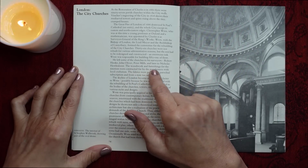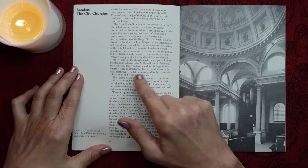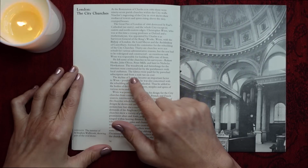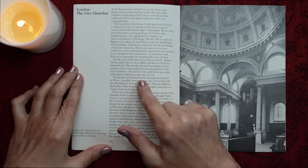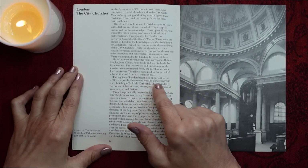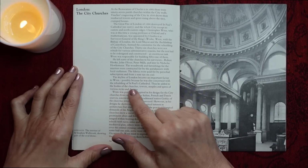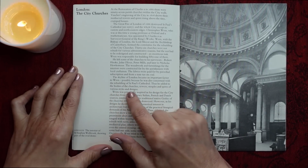The woodwork and furnishings for the interiors were contracted for by the parishioners with local craftsmen. The fabrics were paid for by parochial subscription and from a state tax on coal. The skyline of London became an important factor to Wren, possibly because he was also concerned with the rebuilding of St. Paul's Cathedral. Thus, he added to the bodies of the churches, towers, steeples and spires of various styles and